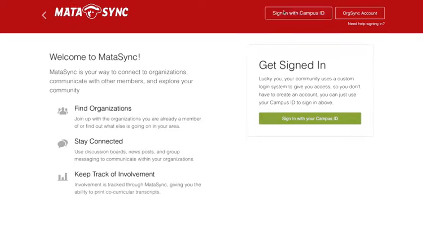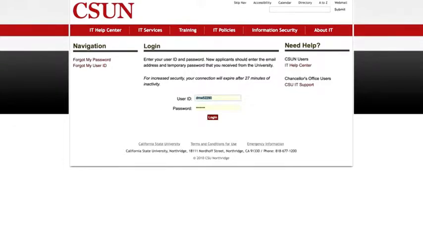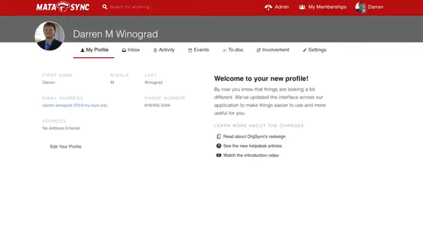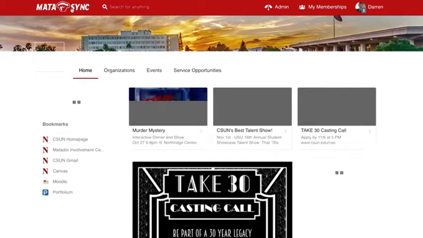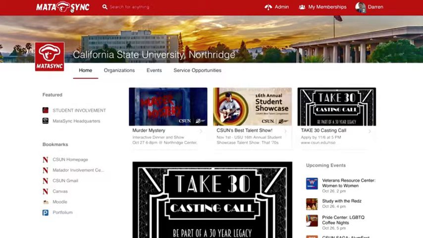This week we are going to be going over how to promote an event. So the first thing we need to really talk about is what promoting an event is, and what you'll see on the CSUN homepage of Matasync are promoted events. So you can see them right here. These three boxes are events that have been promoted by the community administrators of Matasync. So you can see a murder mystery party, a talent show, and a casting call, all of which are events